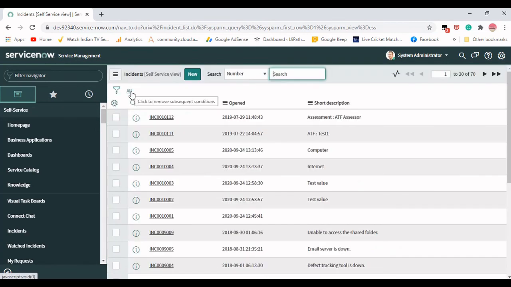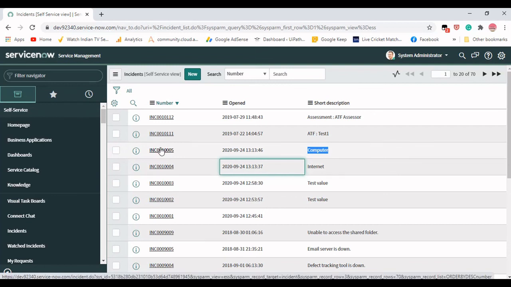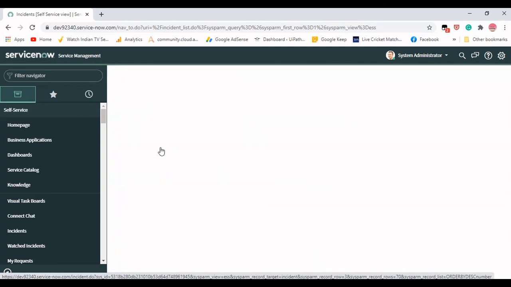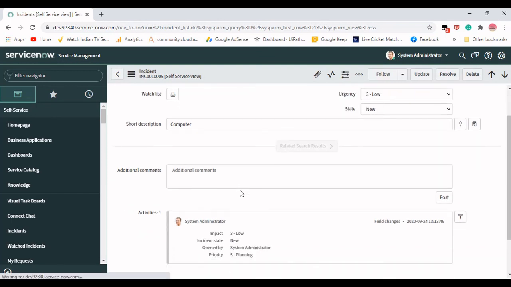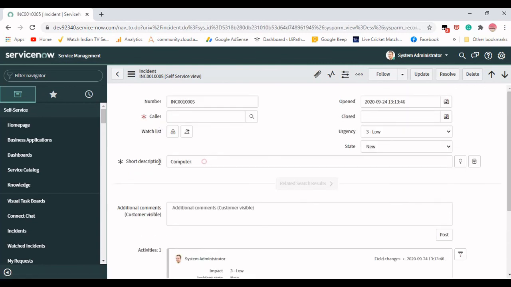Let me refresh this page, and you can see the values, which are internet and computer here. If I open this, you can also find the description part. This is the short description, but the short description is computer here, which is given in the Excel file.